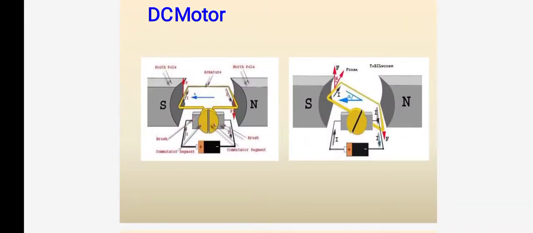You can see the working diagram of the motor. You can see here, between the magnetic field, there is a conductor placed in the magnetic field. It automatically starts to move based on the supply given. If the supply is positive, it starts rotating in the anti-clockwise direction. If the supply is negative, from negative to positive, the conductor rotates in the clockwise direction. You can easily understand from the diagram.